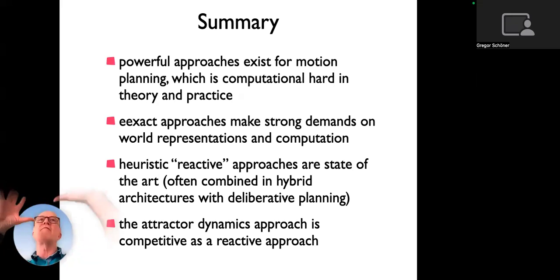So you can say a lot of math has been generated, but only very little of it is being used, somewhat like in AI. And the attractor approach is only used by a few heroic people who bother enough to understand that math, even though whenever you compare it to the other approaches, it really works very well. So it's competitive in the sense that as a reactive approach it is very good, not in the sense that it's easy to program or